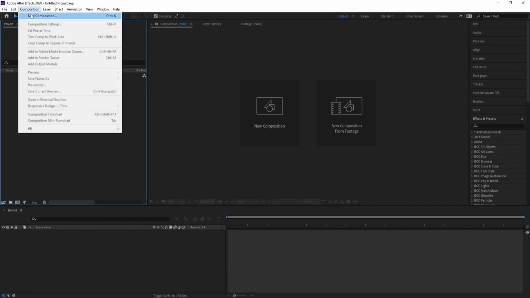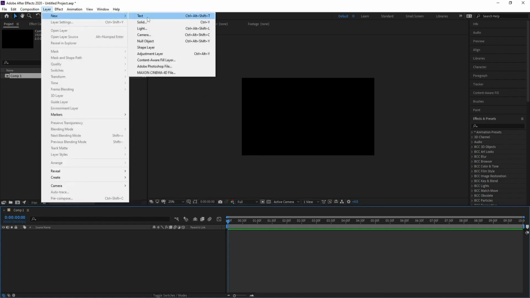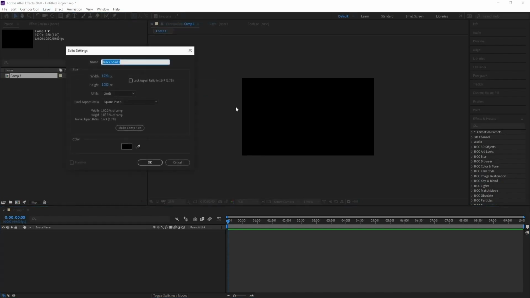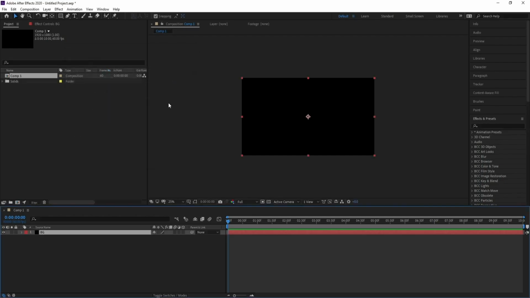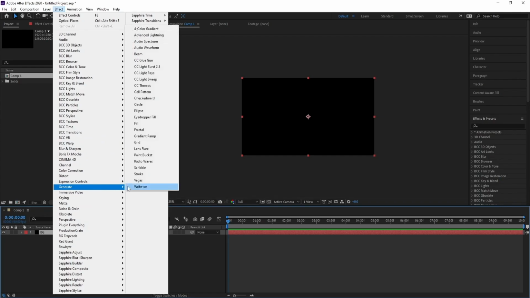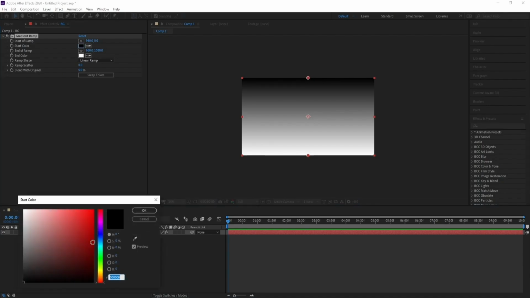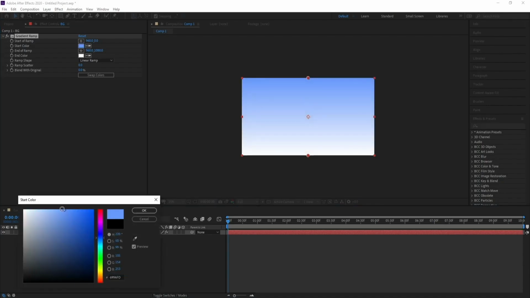Okay, first create a new composition, then go to layer, new solid, and name it background. Go to effect, generate, and gradient ramp, and I'll change this color to blue, maybe like this, and